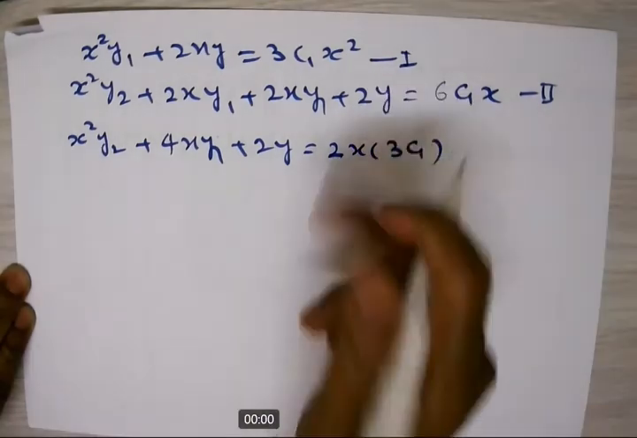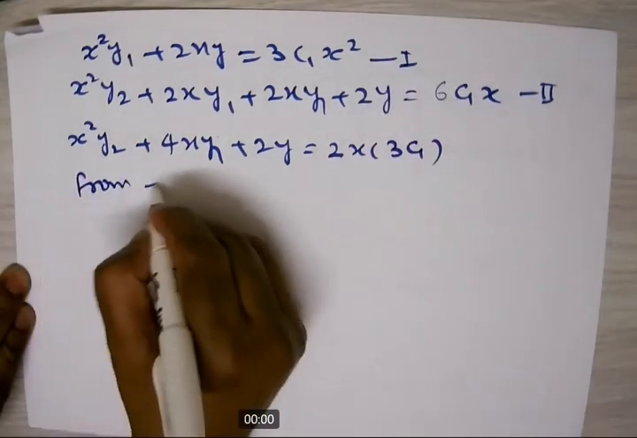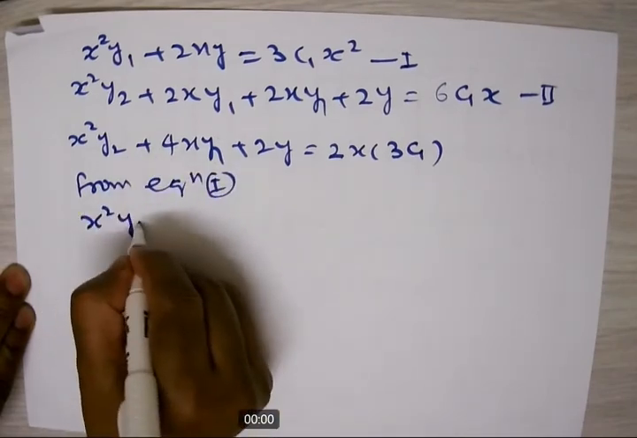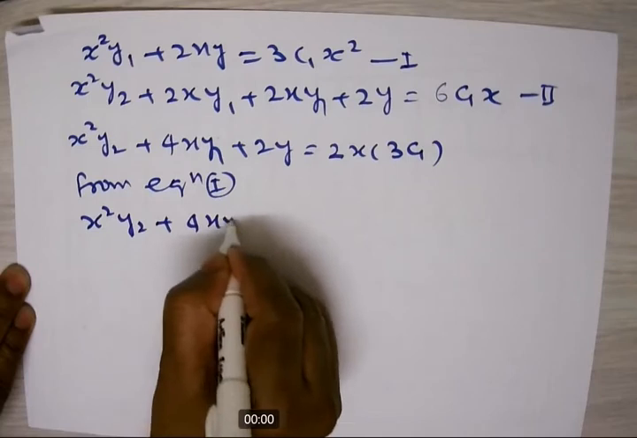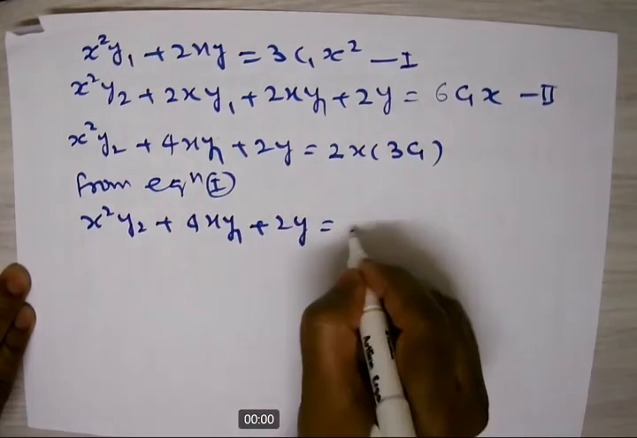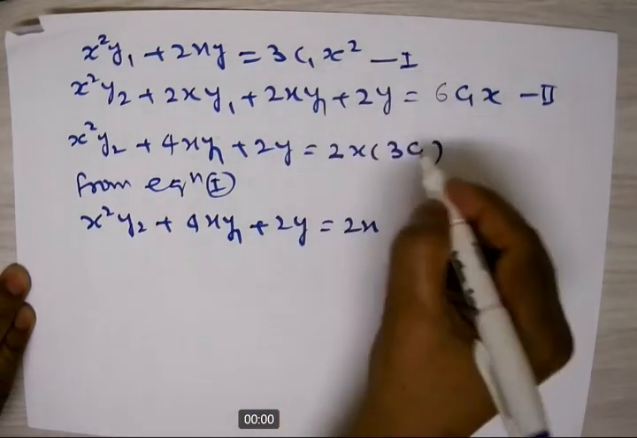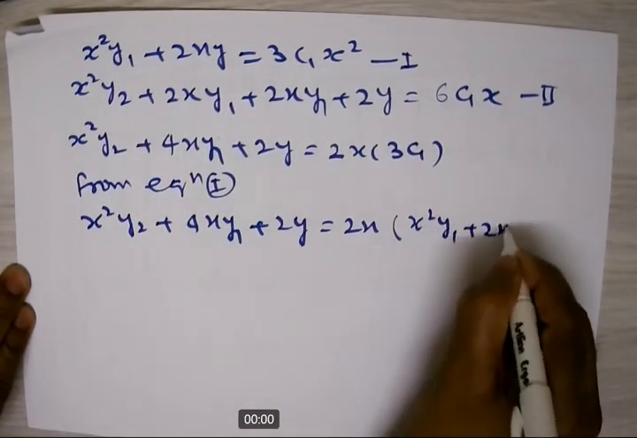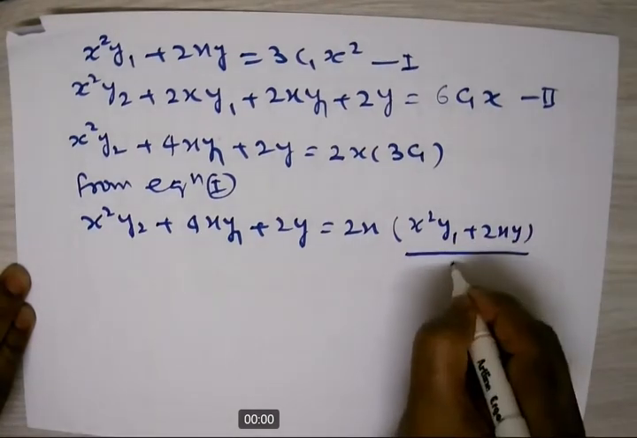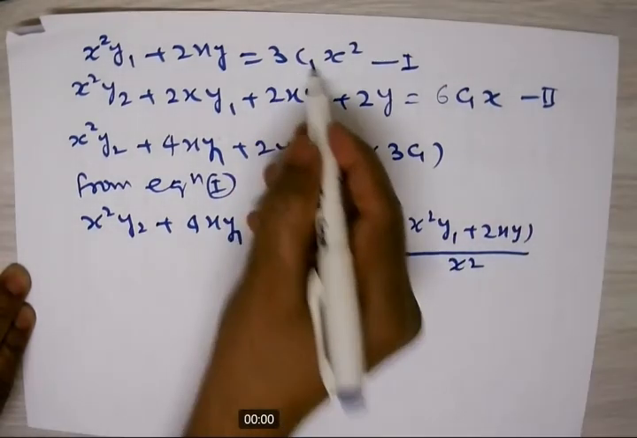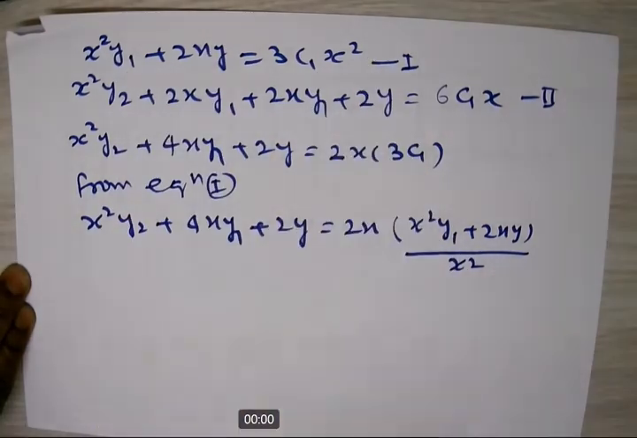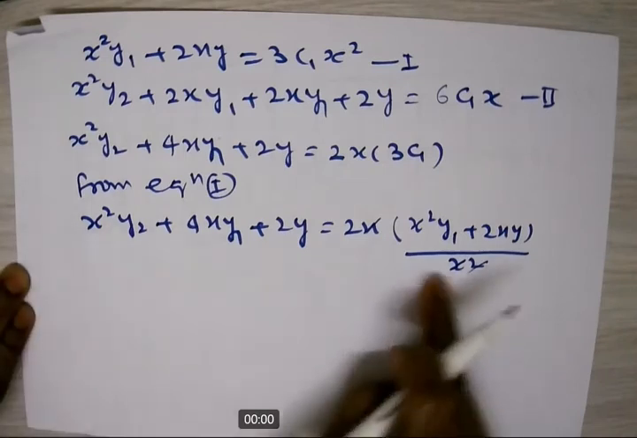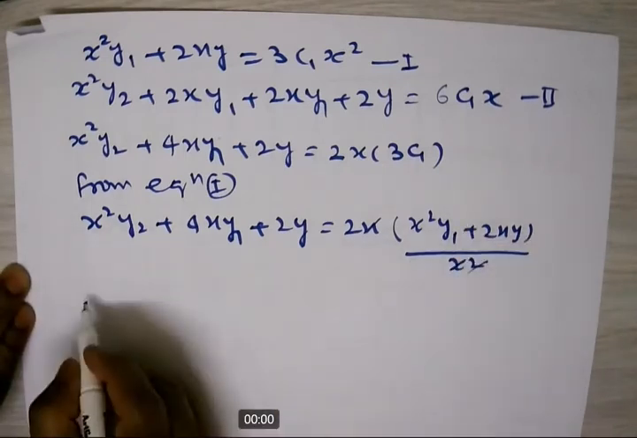Now from the equation first, we can use x² y₂ + 4x y₁ + 2y = 2x, and the c₁ is 3c₁ is this one, x² y₁ + 2xy divided by x². See that one, 3c₁. 3c₁ means this term divided by x². Now simplify, this and this cancel, and now multiply it by this one, or you can use this one also,